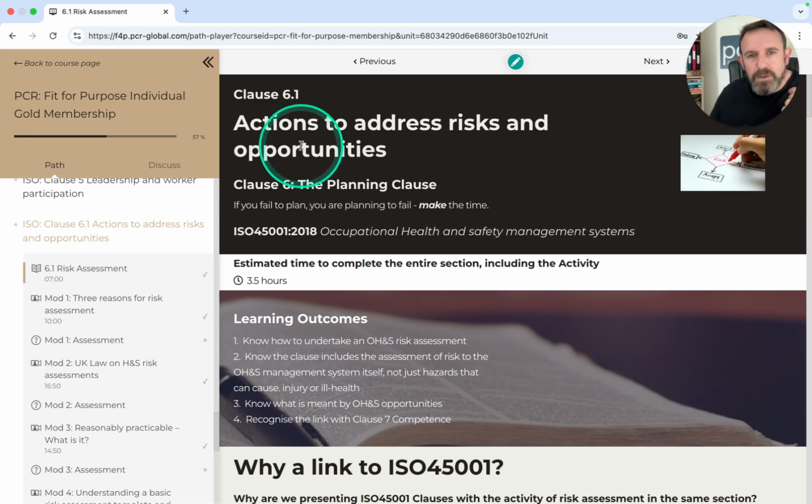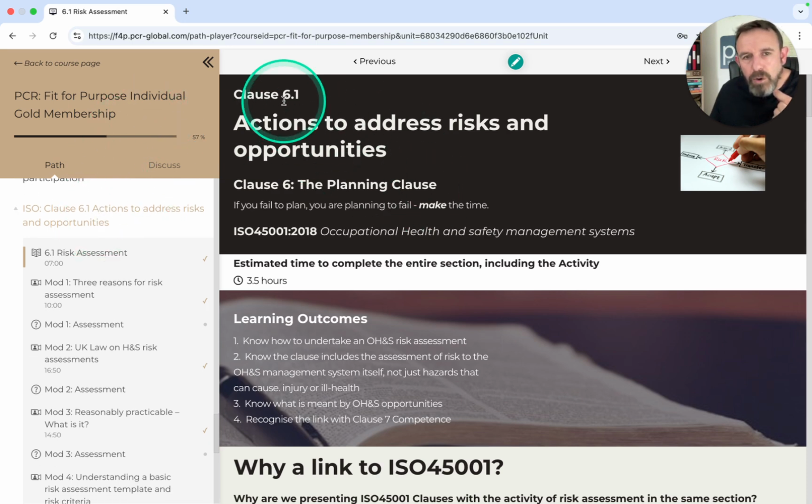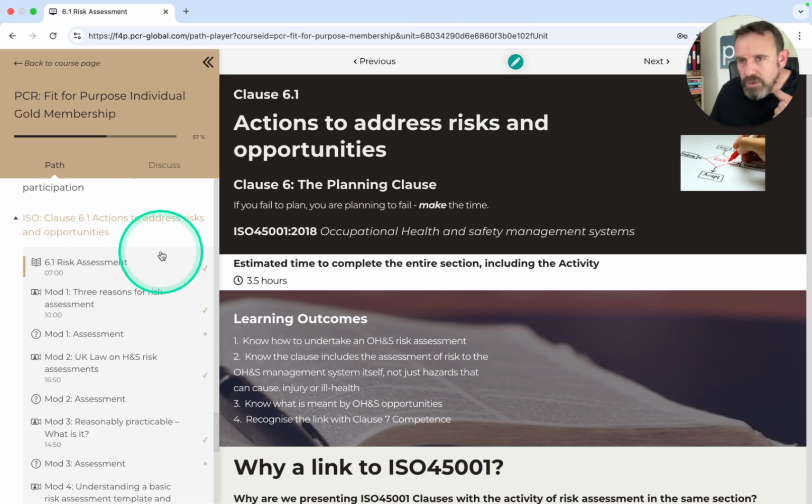The risk assessment methodology. Very rarely is something as important as this. All roads go back to the risk assessment, as we know, and the method in which an organisation undertakes risk assessments, its approach, the type of templates that people use in the risk assessments, the criteria on which risk is rated is so important. So the risk assessment methodology in our LMS, we've got clause 6.1 within the ISO section,